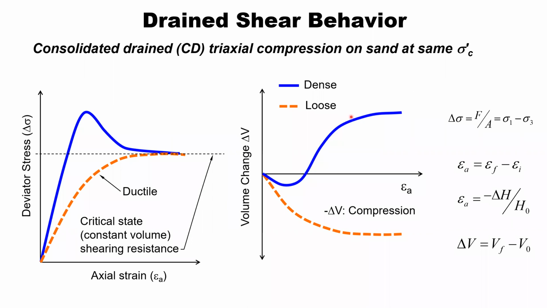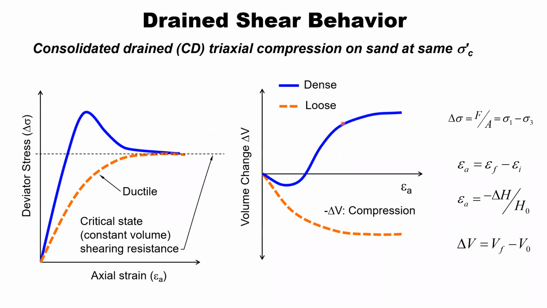The soil continues to dilate until those particles do ride up and over their neighbors, and then the volume change levels off. As this soil continues to dilate, the soil goes through its peak, which corresponds to the maximum rate of dilation, when the soil is doing the most work. That is, it's got to lift all the overburden stress. In order for those particles to ride up and over their neighbors, it has to lift everything above there. So it does a lot of work and generates a peak shearing